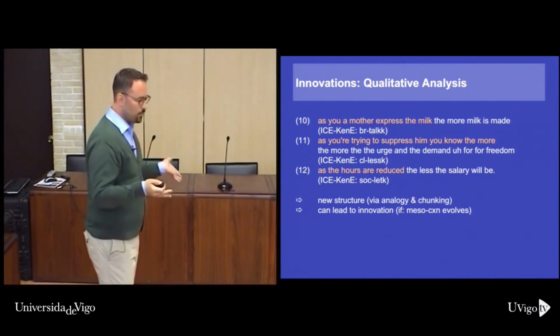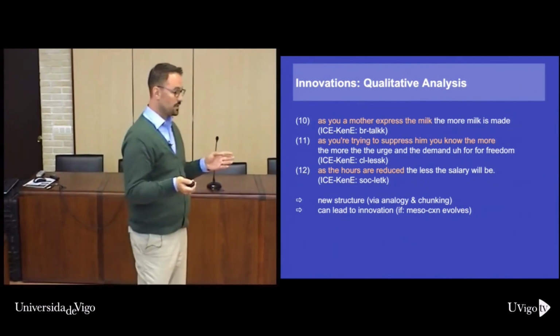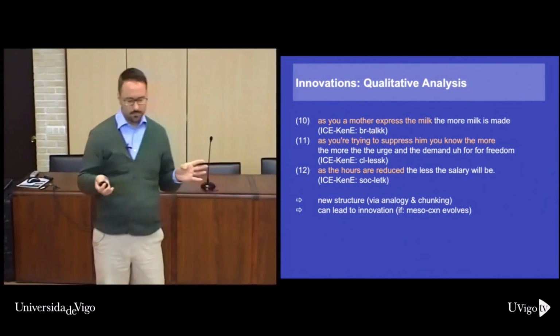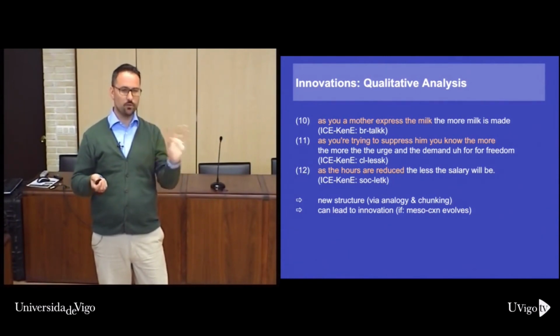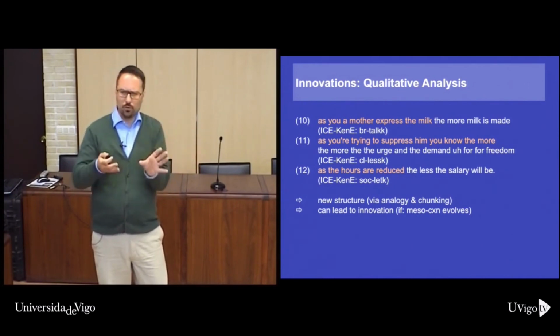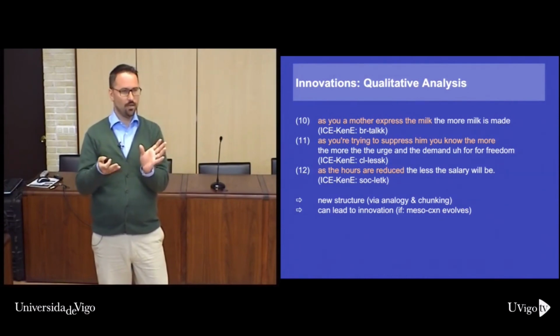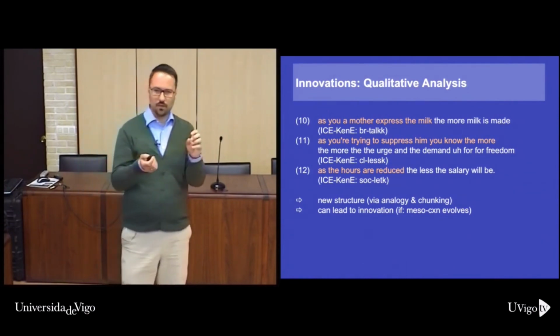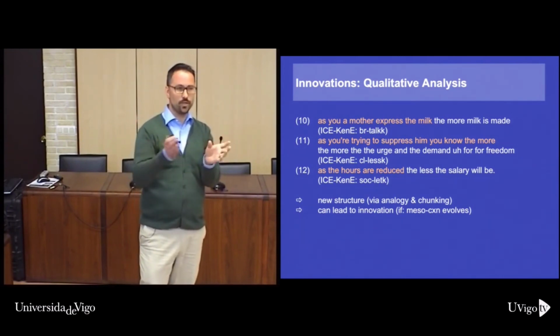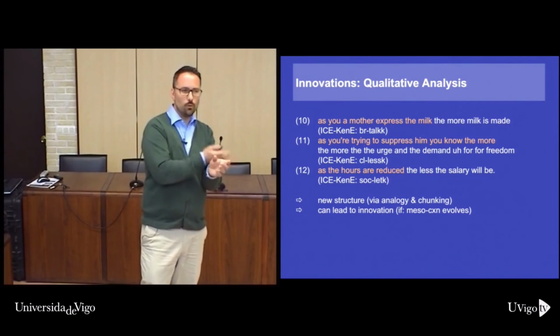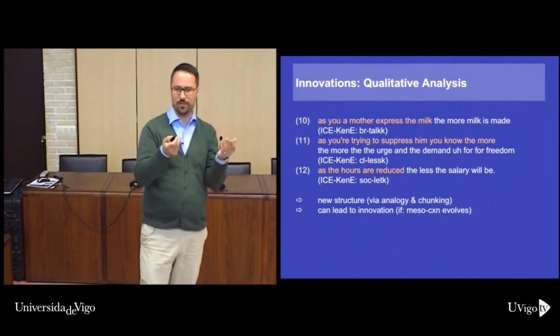It's obviously clear why you get as, because you've got those proportional comparatives. As you sow, so shall you reap. As, again, cause and effect. But not normally in Standard English in the kind of comparative way. You can have as you eat more, so you will get fatter, and then you would have a template which is similar to the more you eat, the fatter you get. But normally as is not comparative.